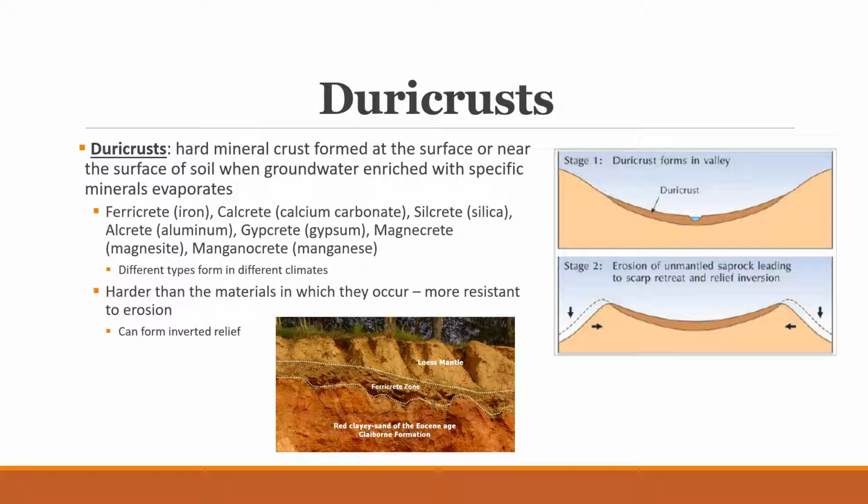Duricrusts are a hard mineral crust or coating that forms at the surface or near the surface of soil when groundwater is enriched with specific mineral evaporates. So mineral evaporates are solid minerals, solid molecules that are left behind when water evaporates. Here's a list of the most common duricrusts. We have ferrocrete, which contains iron, calcrete, calcium carbonate, silcrete, silica, alcrete, aluminum, gypcrete, gypsum, magnacrete, manganese,